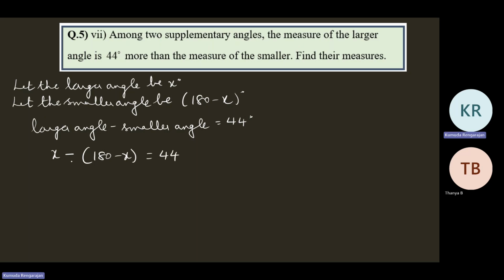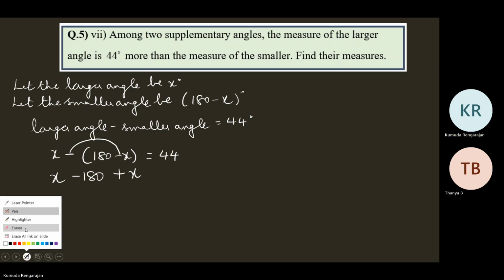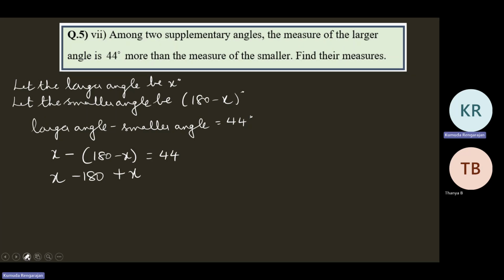So x, open the bracket, minus 180, minus into minus plus x, is equal to 44. x plus x is 2x is equal to 44